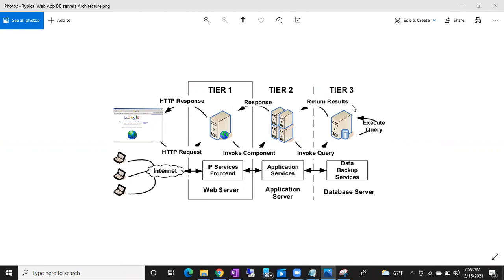It might be DB2. It might be Postgres. It might be NoSQL. It might be another database server, MongoDB. The database server can be anything. If in the backend they are using Microsoft SQL Server, then as a SQL DBA, our work will start. Clear, guys? This database server can be anything.